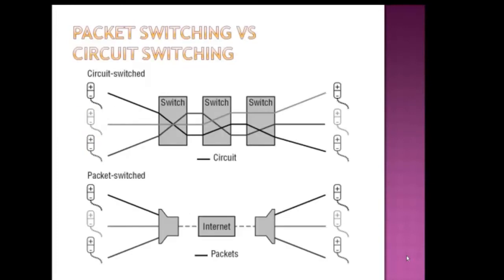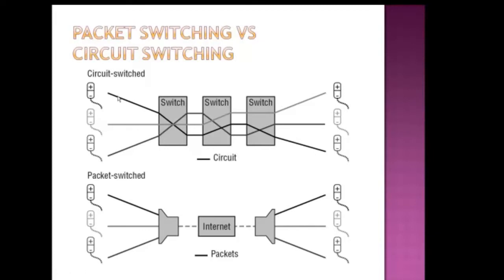Now, if you wanted to visualize how the circuit switched communication worked versus the packet switch communication. So in the top figure up here, captioned circuit switched, you have switches from one location to the next. And when a person A wants to call a person B in the destination, the switchboards essentially dedicate these lines in such a way that the entire physical